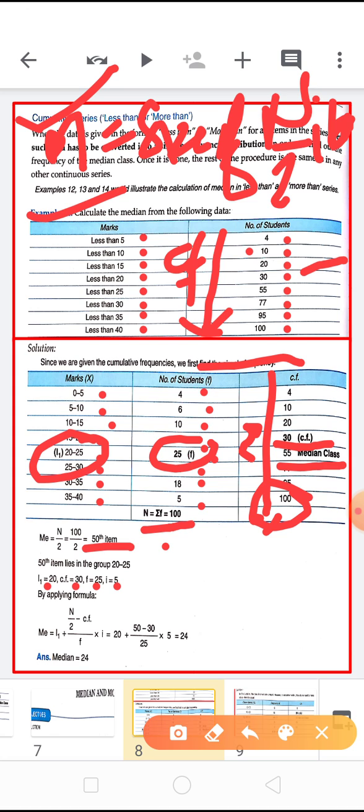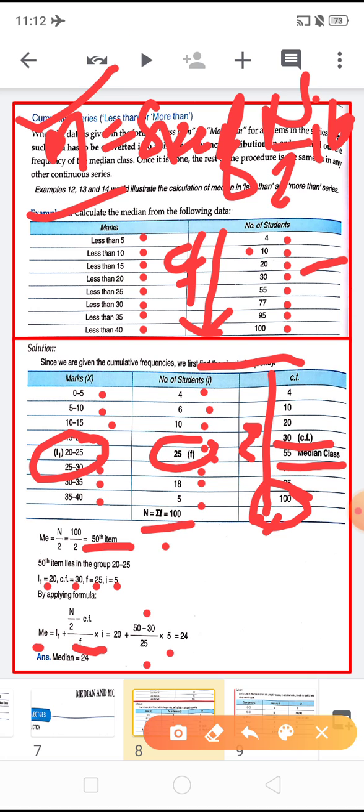So then we need to apply a formula. Median is equal to L1 plus n by 2 minus CF upon f into I. This is basically the formula we are applying in calculating a median. So children, here the lower class limit is 20. 20 plus n by 2 is 50, that is 50 minus the preceding class interval, that is 30, and divided by frequency, that is 25, multiplied with the difference between the lower and upper limit of the median class,